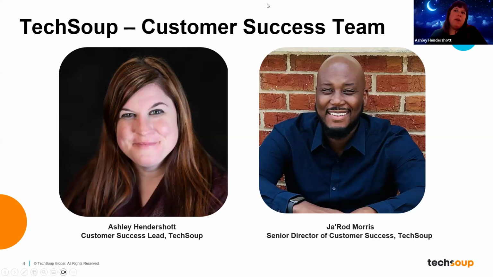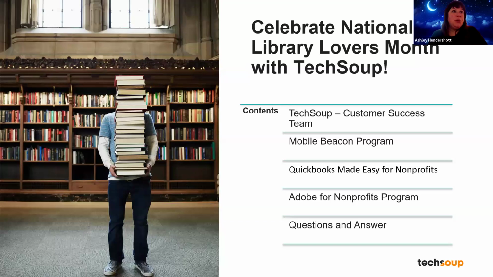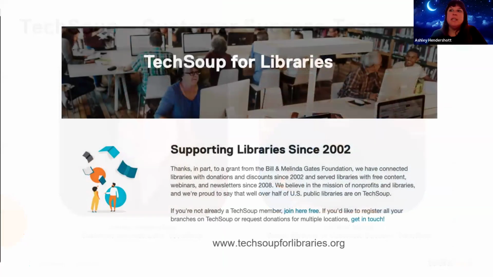Library systems are not eligible for TechSoup, but library branches with FSCS numbers are eligible, and so are support organizations such as Friends of the Library. 501c3 status is required for nonprofits in the US or globally to use TechSoup. And we are happy to help you navigate the waters of eligibility for each of your library branches with their own FSCS numbers.